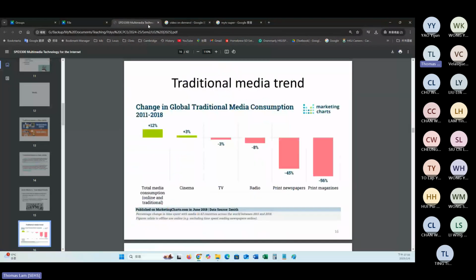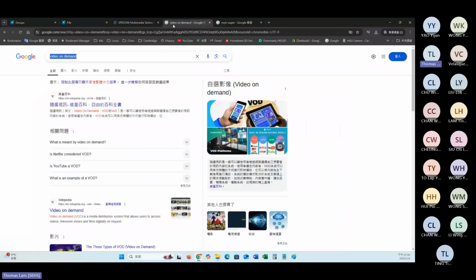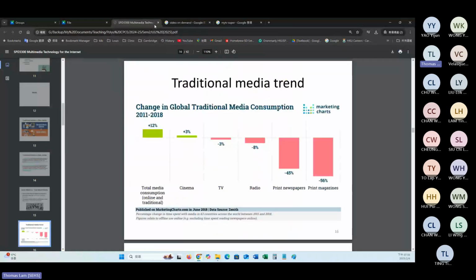And again, video on demand has become the major trend nowadays, because it's quite convenient. We can watch wherever we like. We can go back and watch certain footage over and over again.